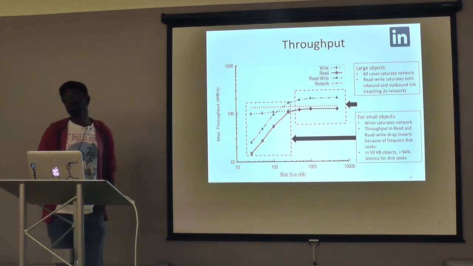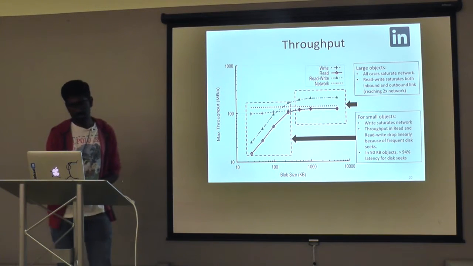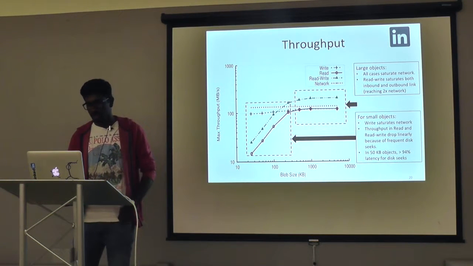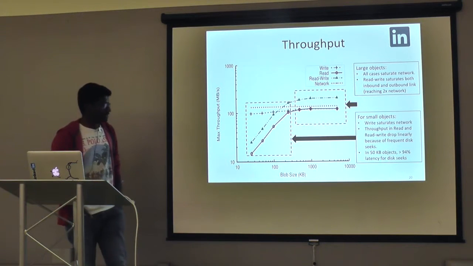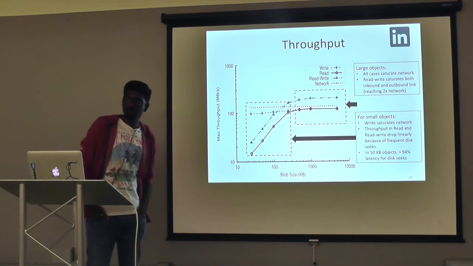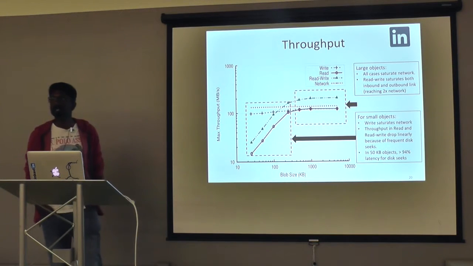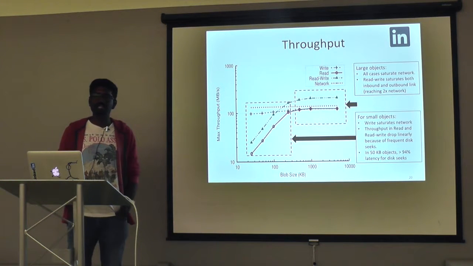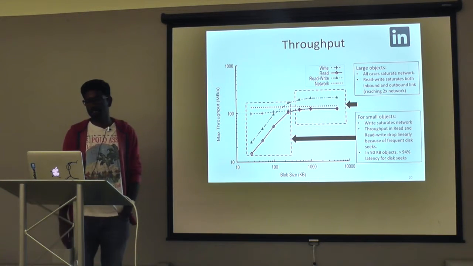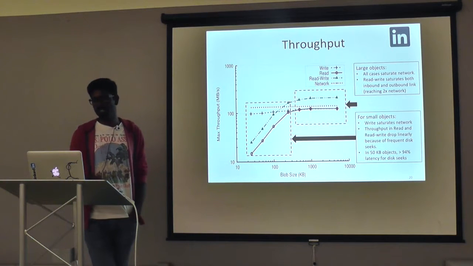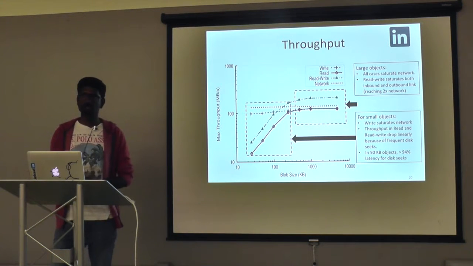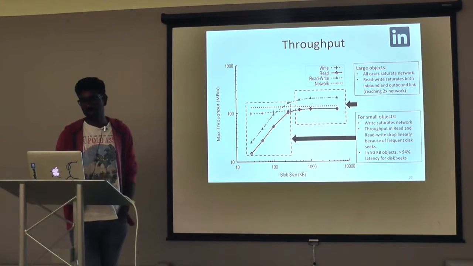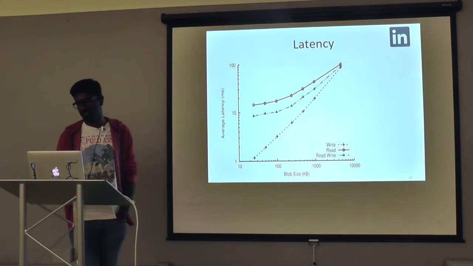So to confirm our theory, we used Bonnie++, which is a micro benchmark for measuring disk performance. We realized that, for example, for a 50 KB block, almost 94% of the latency is incurred due to the disk sync, and the actual data takes only 6% of the latency. Again, I'm reiterating that we did completely random reads. So in the real world, most of your GET requests are going to go to the recent blocks, so the latency is not going to be affected as much.